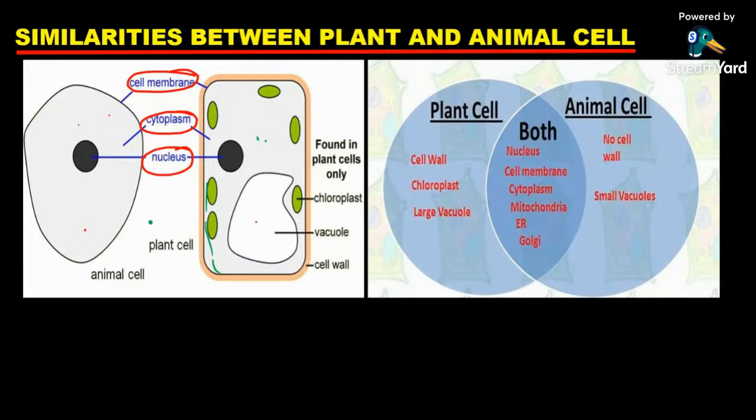Okay, so these are the similarities between plant and animal cell. For the simple one, we can go for these similarities. We are looking at what parts they have in common. So that is what we are looking at in terms of similarities. So take note of that. For the simplified one, the parts that they have in common are just the cell membrane, the cytoplasm,